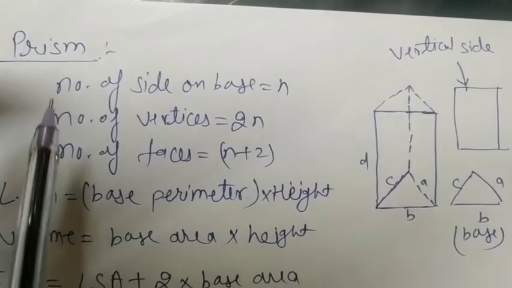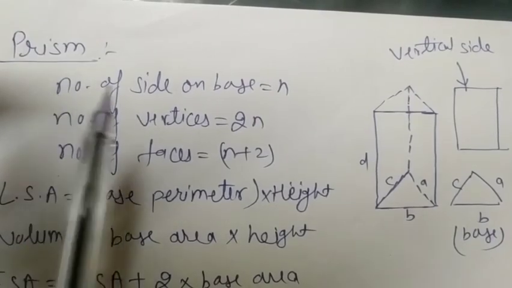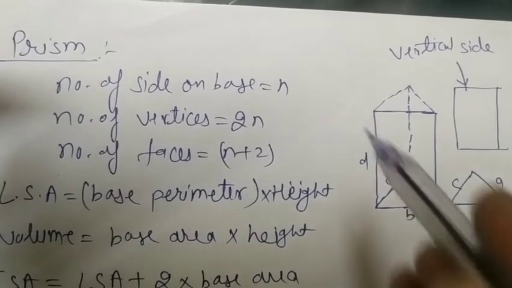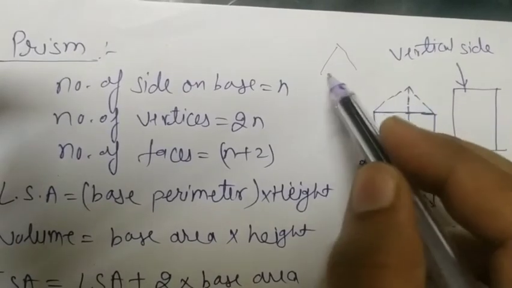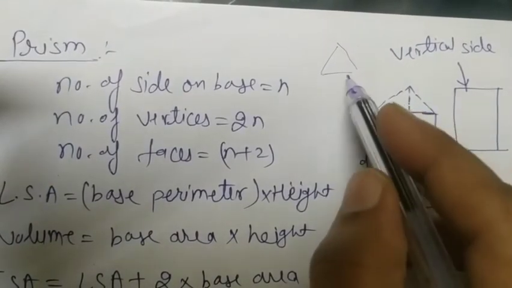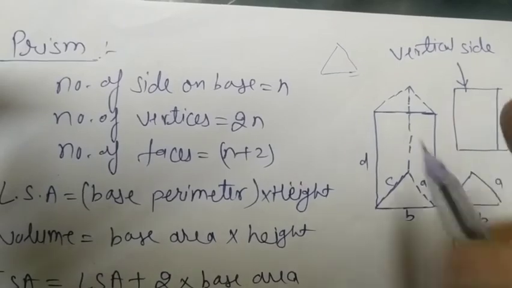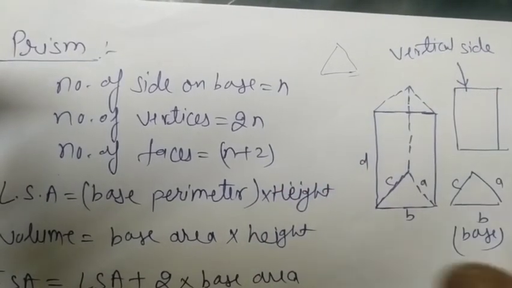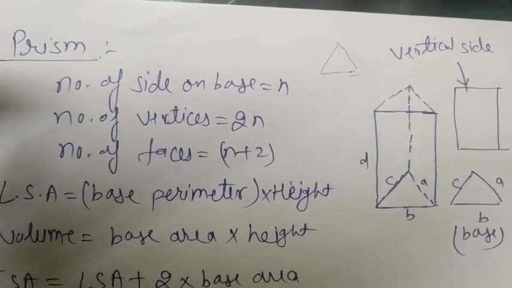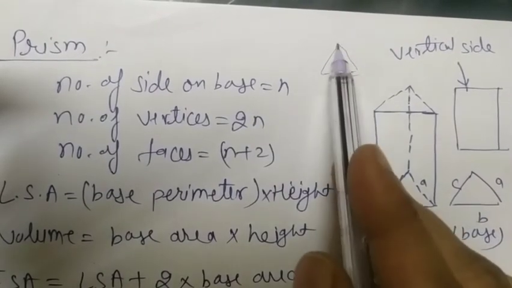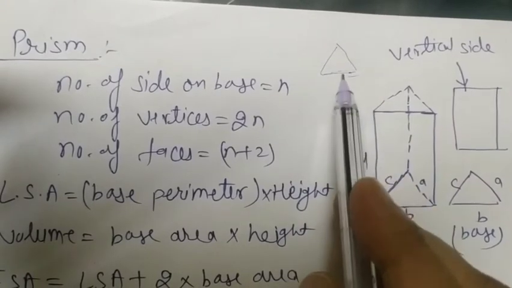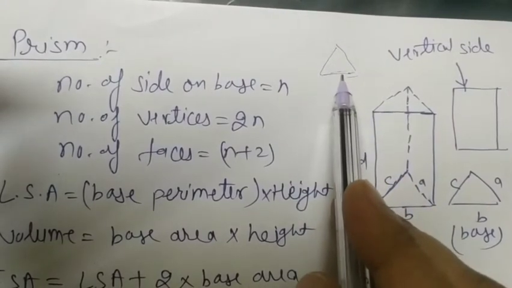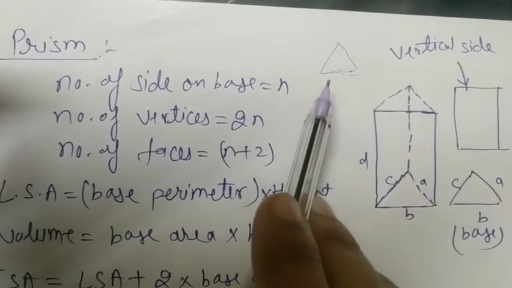Now, there is a new concept here, that is the prism. Prism means we will take a triangle as the base. In the cylinder, what do we have on the base? We have a circle, and we can say that there are so many circles put on each other like this, so it becomes a cylinder. And in this case, I can say that there are so many similar triangles put on each other to make a prism.